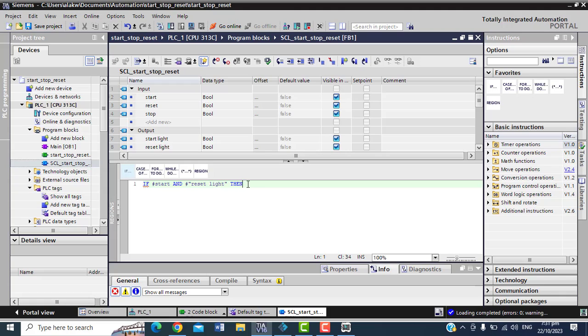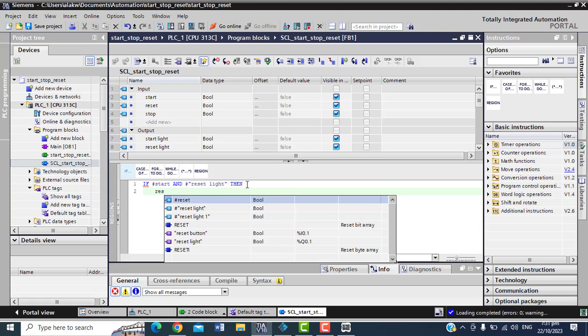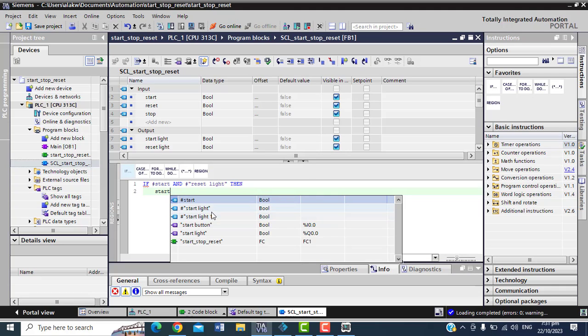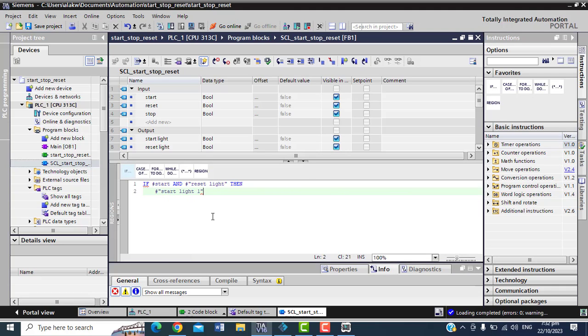So if start is true and reset light is on, then I want you to do something. So what's that thing I want you to do? I want you to do reset light. Before we talk of reset light, okay, let me first talk with you now about the one way they clear to everybody now. So I want to say make start light, right? Make start light, but instead of start light, I want to make it start light 1, right? So I will say make start light 1 because start light 1 I have as my static variable, right? I have my physical, my latching variable. So I will say start light is equal to, I am giving them this thing. Since I will take it and put on now, sorry.